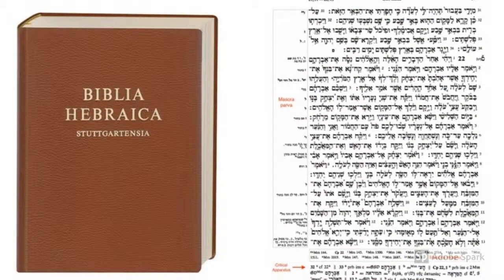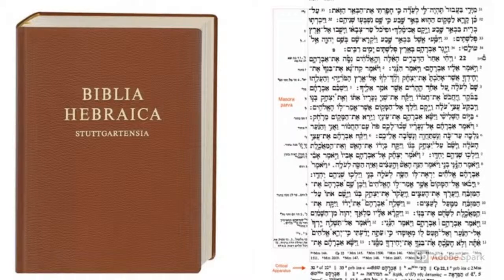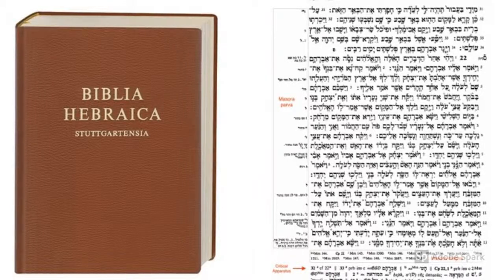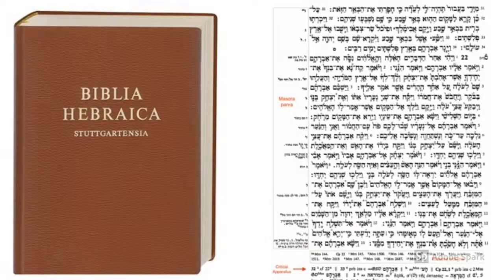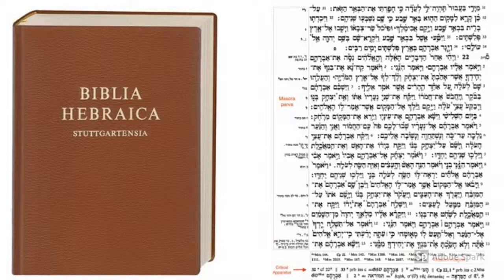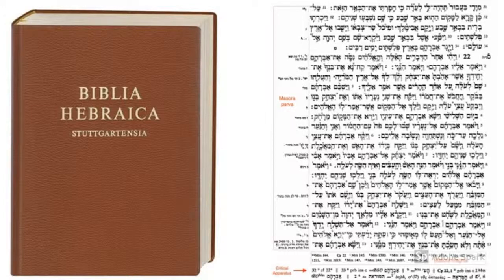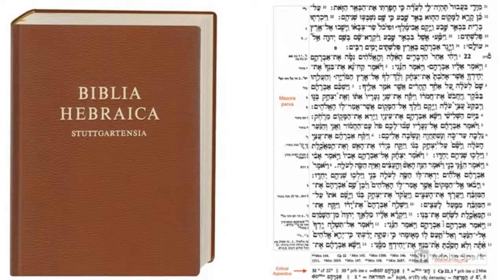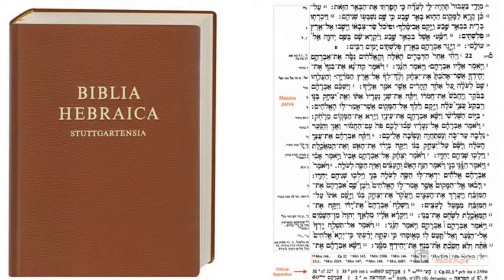The Hebrew text from which modern translations are made is called the Masoretic text. It is really a textual tradition. The current standard critical edition of the Hebrew Bible is published under the name Biblia Hebraica Stuttgartensia, and the Hebrew text upon which this published version is based is the Leningrad Codex, a text that dates from around 1008 or 1009 AD. The Leningrad Codex is the most complete ancient version of the Hebrew Bible, and is a part of